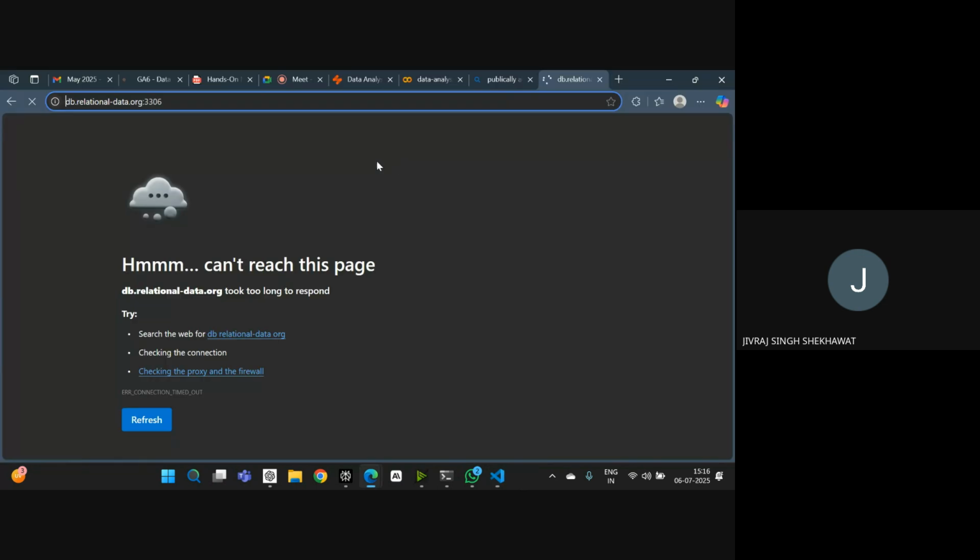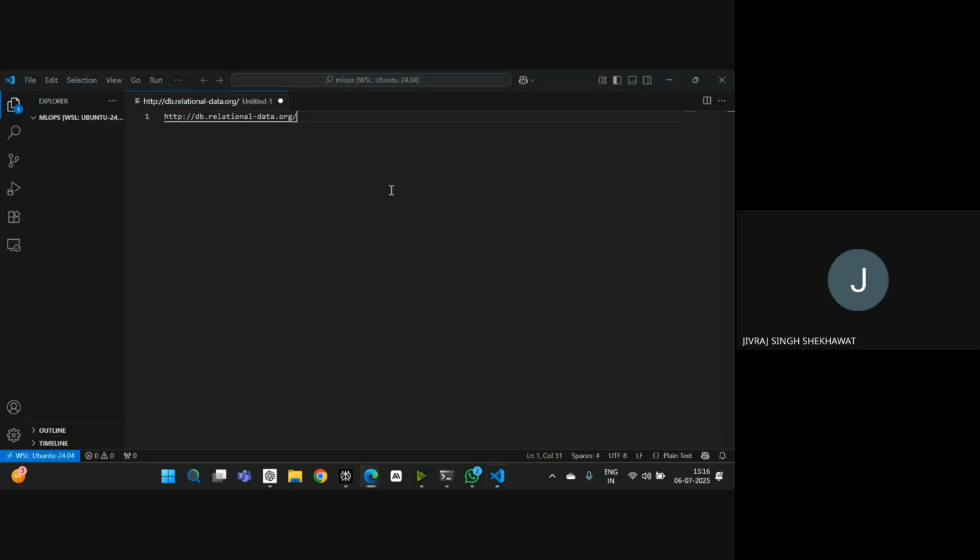So this is that host, and this is the port number. Generally we used to have something like this: localhost 3306. So localhost means this is the machine, and then